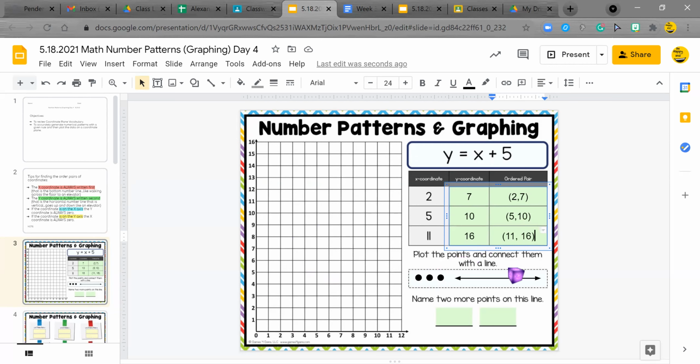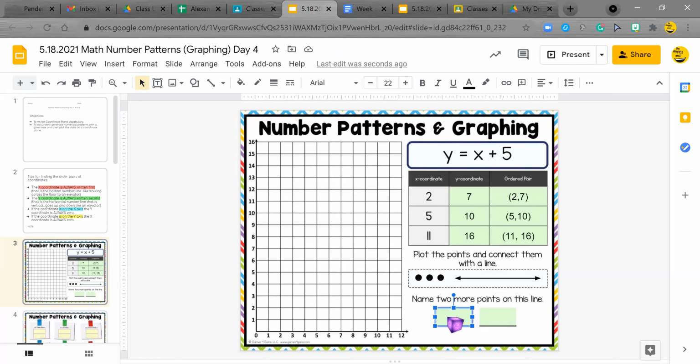You guys know how to do that. Make sure you put the line on. This is where I've seen a lot of you struggle. Name 2 more points on this line. So we have numbers between 2 and 11. You just pick any number. So I've decided to go with